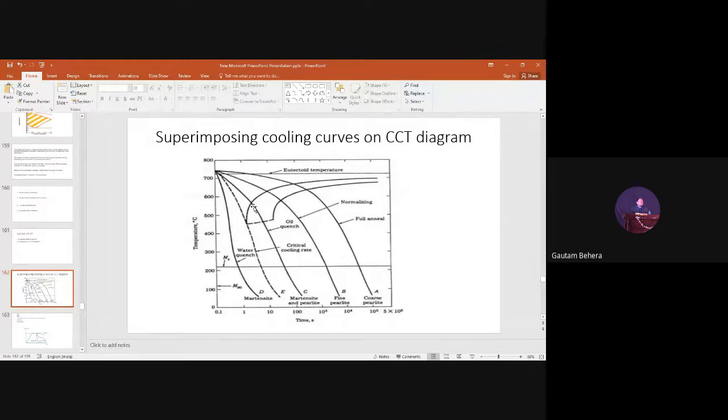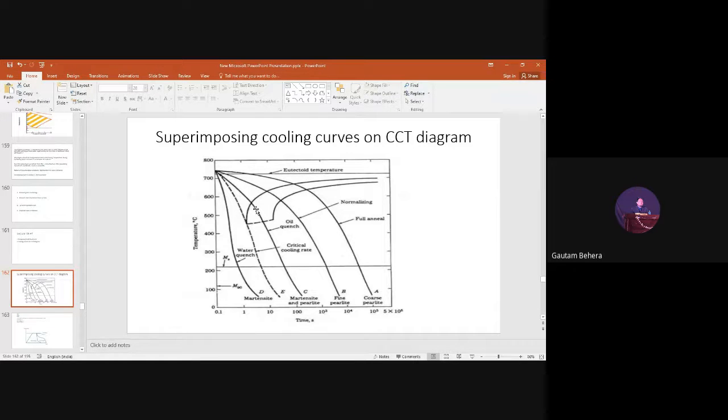Austenite will transform into pearlite, but the transformation will not finish. That means some austenite will transform into pearlite, but if this curve touched this one, then complete transformation would take place, because this is the transformation end temperature, right? But this line is touching only the transformation start point, not the transformation end point. So what will happen? In this region you will have austenite and pearlite, that is, unstable austenite and pearlite. But you are doing fast cooling and bringing the temperature below Ms. So what will happen?